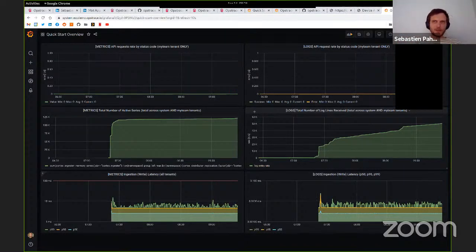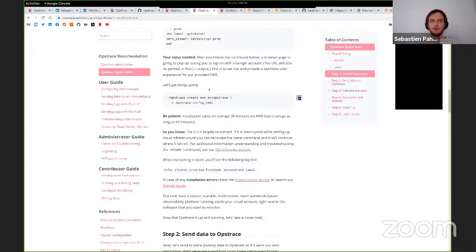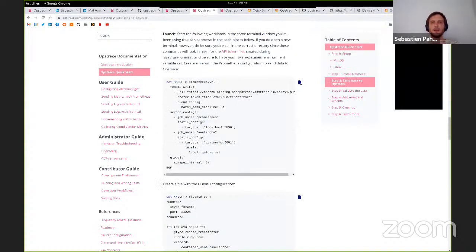So the rest of the quickstart is I'm going to start sending data to the system. To send data to the system, I'm going to do it from my laptop. In this case, we're going to simulate what you would do if you had, for example, a Kubernetes cluster or an Amazon instance or whatever that you want to use Prometheus and Fluentd to get the logs and metrics off of.